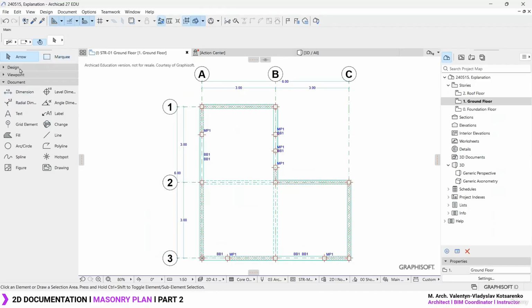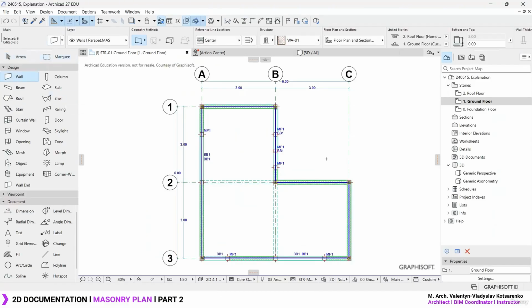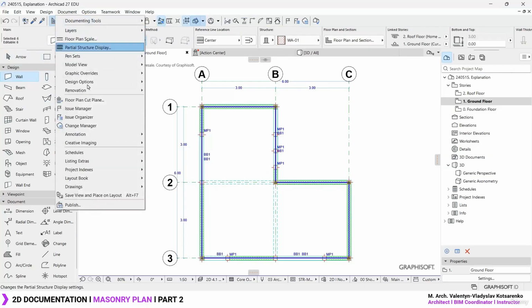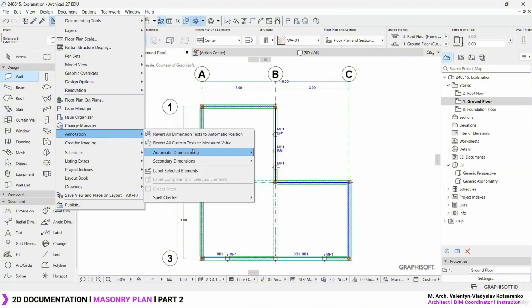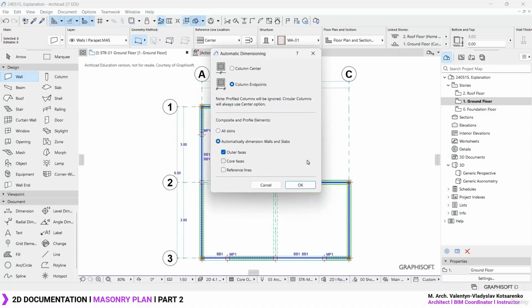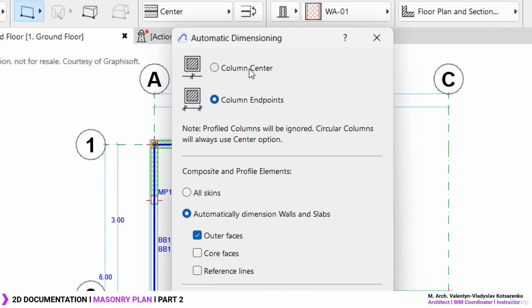So let's select all the walls. Simply straight away select everything or just all the walls. Let's go to document, annotation, automatic dimensioning, and let's use the interior dimensioning over here. Let's activate this setting. Now you've got a few parameters you need to be on the lookout for, one of which would